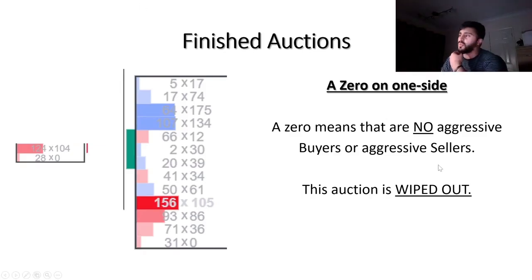But for basic knowledge at this point, a zero on one side means that there's no aggressive buyers or aggressive sellers. The auction is wiped out. Now, this often leads to reversals, and I want traders to think about this. When you see a zero, let's take this example, this candle over here. When you see a zero on the right hand side, that means that there's no market participants hitting the ask. There's no aggressive buyers. So when there's no aggressive buyers and the market moves up, what does that tell you? Well, we're going to go over that later on in the series, so I'll save the answer